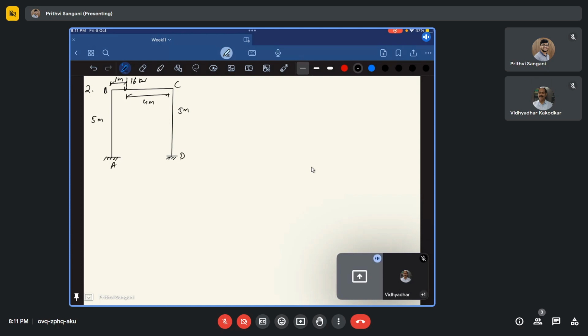Will it sway? Yes, it will sway because the load is unsymmetric. So it is definitely going to sway. It is going to sway. Okay. So when you have a sway, the reason why we are again discussing sway and